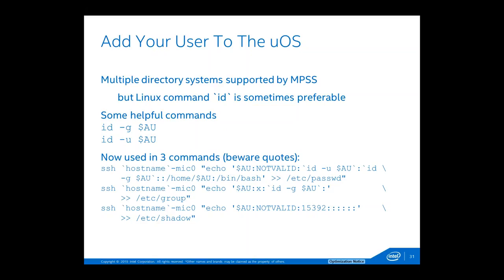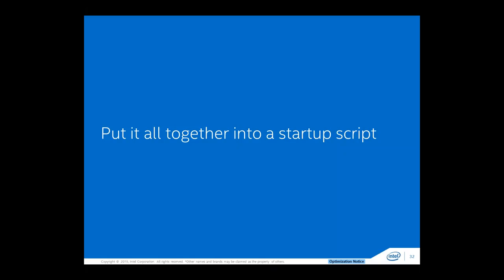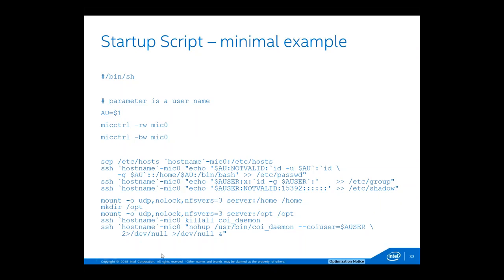On the host side, the ID command will give you all that's needed, and then with three lines of shell code, you get immediate support for whatever you need on the Xeon Phi coprocessor. No matter if there's a Kerberos, a NIS, or an LDAP system running on the host. If you put everything together,